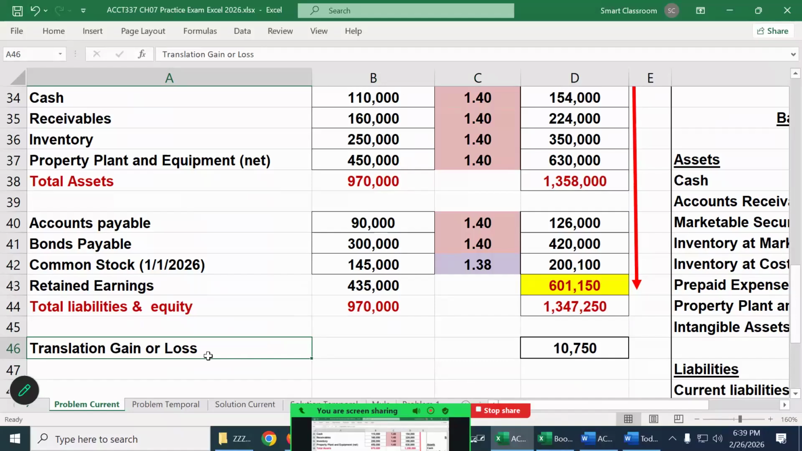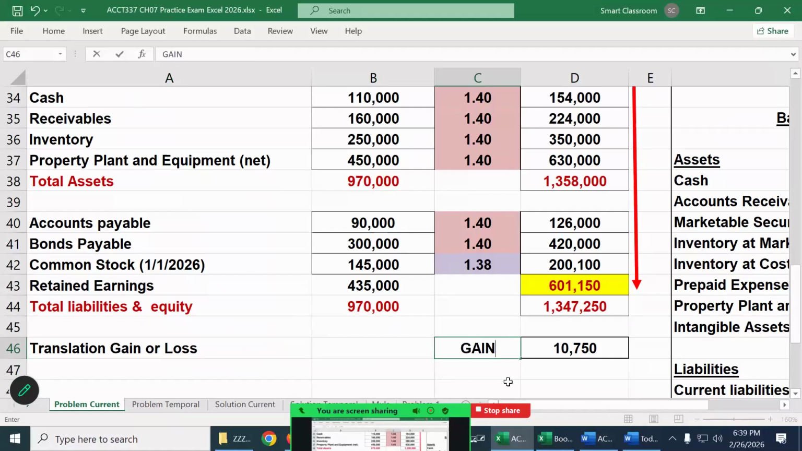Is this going to be a gain or loss? Gain. Yep. So this will be a gain of